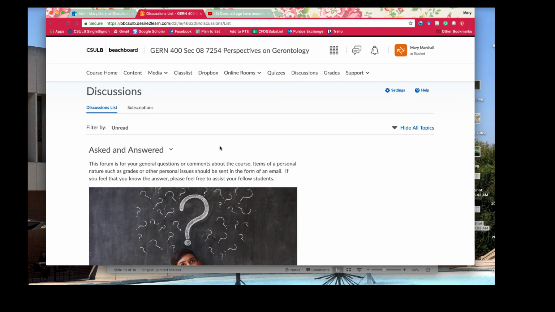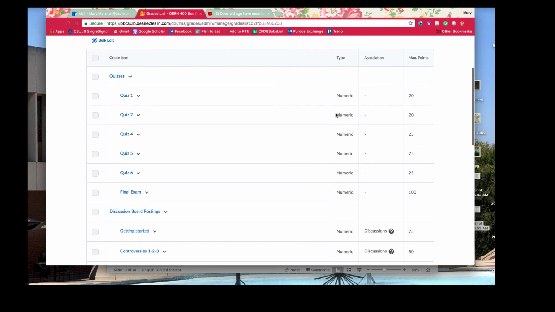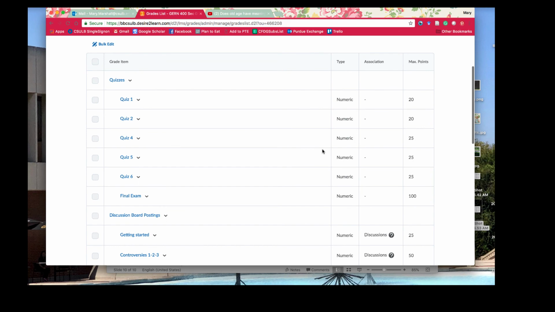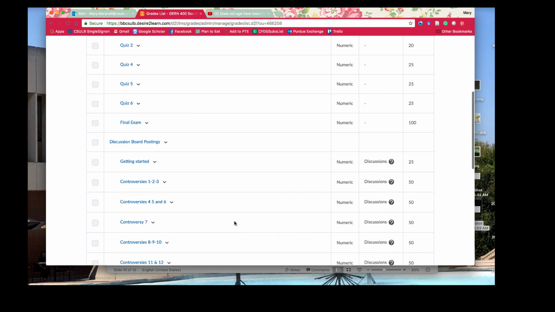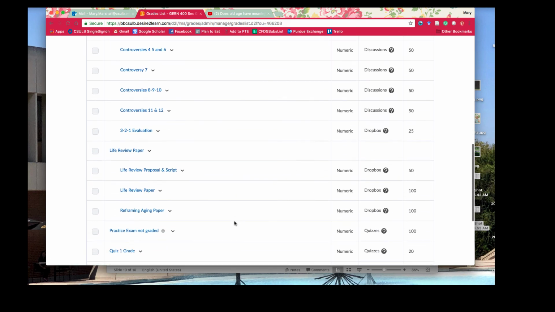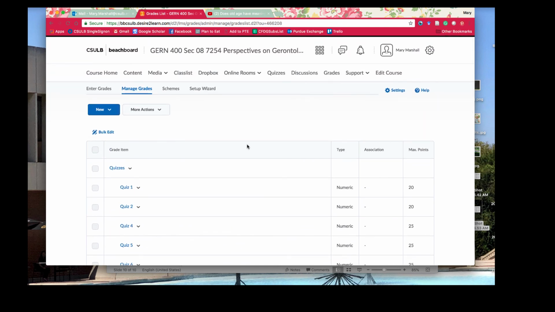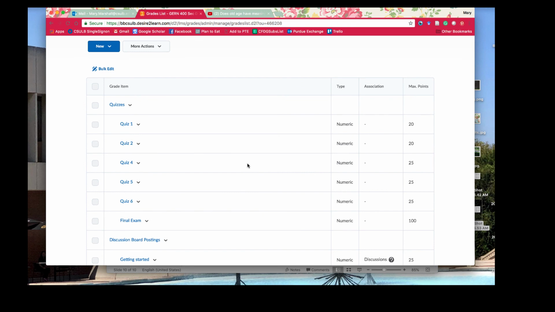The last thing you might want to click when you're in Beachboard is the grades. I don't know what it'll look like. Here you won't be able to see much, but you'll see the quizzes, what the grade could be. Right now it's a little messed up, but they're all supposed to be 20 points. There is no final exam. That will be the Pechakucha presentation, and so I need to work on this grade book to make it look right. But that's the general gist, is you'll be able to see your grades here.